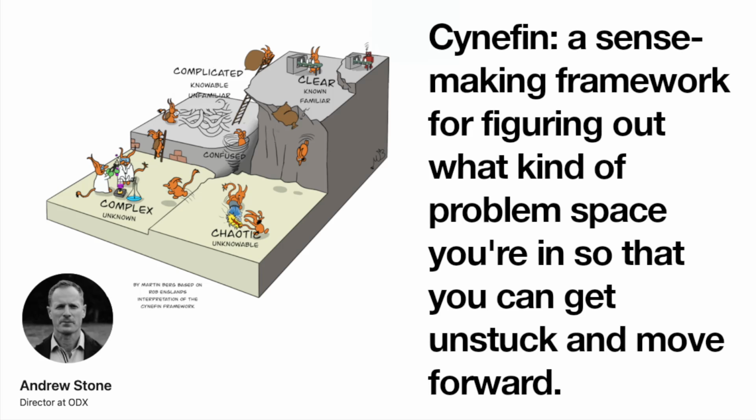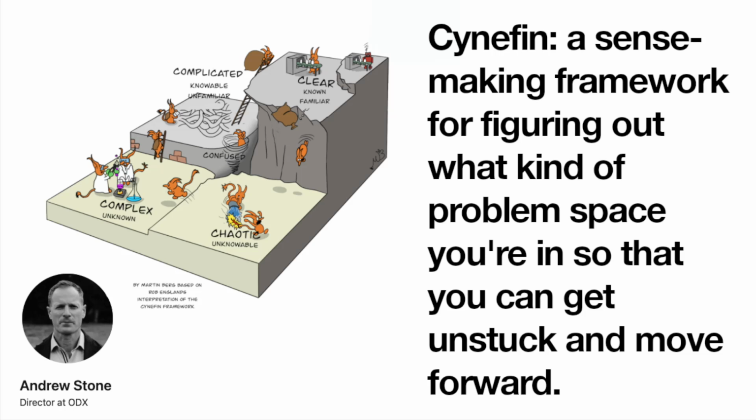The action sequence here flips again. It becomes act, sense, respond. Your first job is to stop the bleeding. You have to act immediately, decisively. Top-down direct communication. Your goal is to reestablish some kind of order. You act first to create stability, then you can sense what's going on. And then you respond by trying to shift the situation out of chaos and into the complex domain where you can start to probe. So this is the one place where that top-down authoritarian leadership is actually essential.